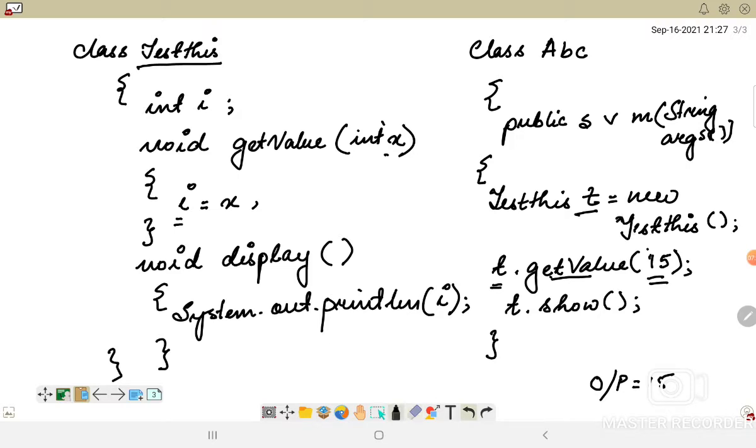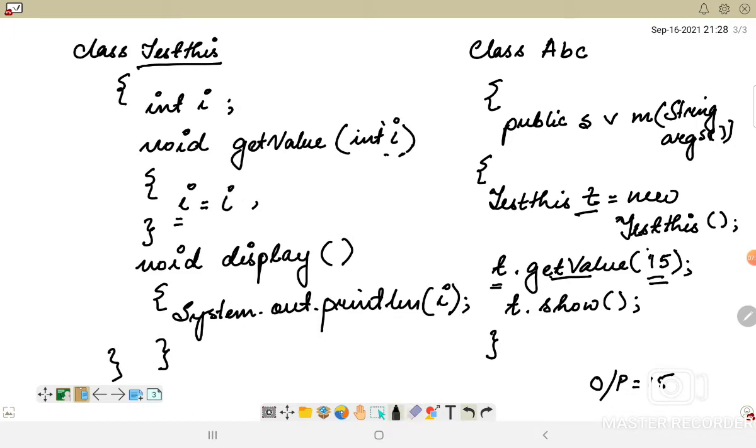Suppose I am using int i here. Now what happens here is this particular value will be replaced with i.